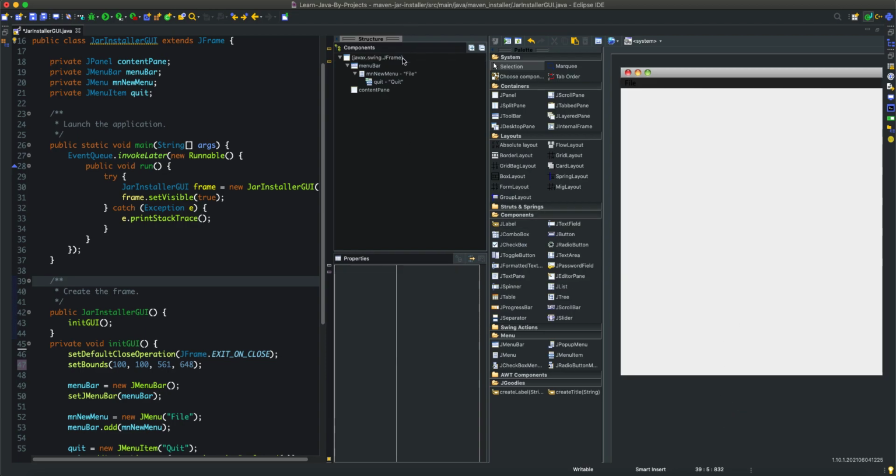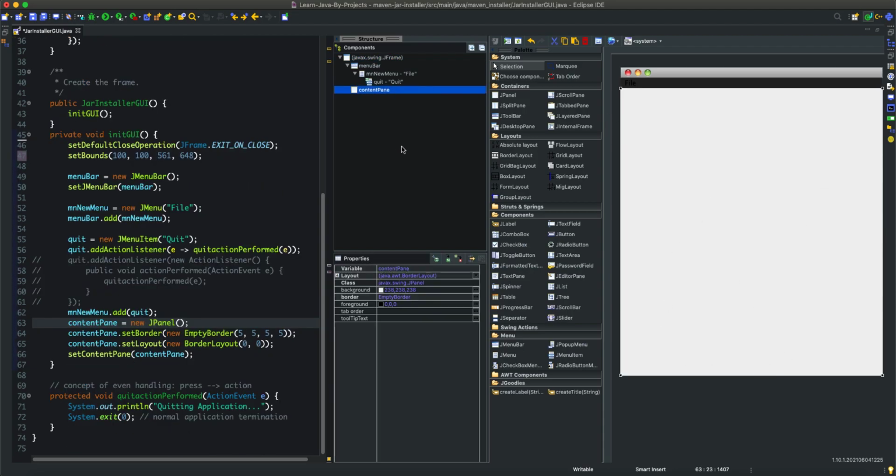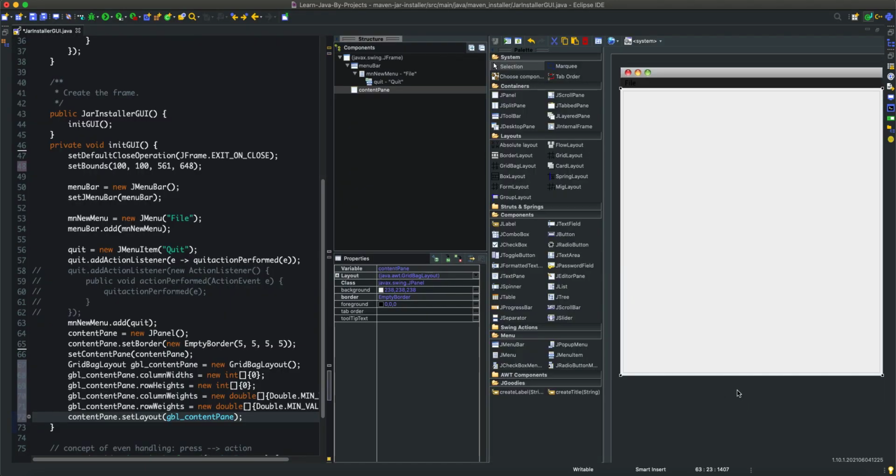All right. So what do we want? We want to split this into two parts. Split the JPanel content pane into two parts. One has a grid layout. The other one has a text field area, right? So I am going to select some layouts. I'm going to select a grid bag layout, right? And then in the layout, I'm going to select a JPanel,